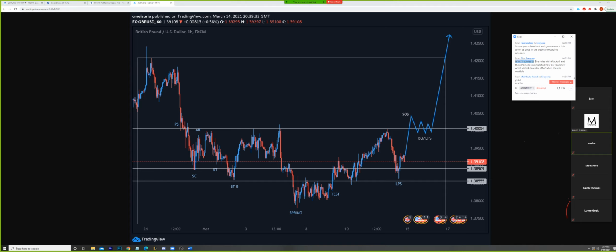See you, man. When it comes to lower time frame entries with Wyckoff and the schematic is completed, how do you know which supply and demand zone or mentfx block to enter off when there is multiple? Either with the mentfx block by using the largest one is number one. Secondly, if your Wyckoff is completed, you can enter straight off on the original confirmation of it. So if this was Wyckoff, you could straight up enter as this trades through the AR and have a stop loss here with less risk, right? And then get back in if it, for instance, gets here, which it does, or down here, which it can, right? And even inside here, you can see there's potential Wyckoff. You have selling climax, AR, ST, STB, trades above, leaves this mentfx zone, comes back to it, and you have an entry, right? And you can get in along the way.